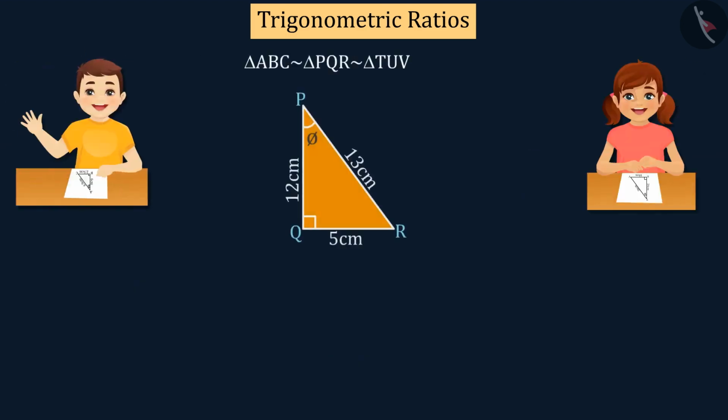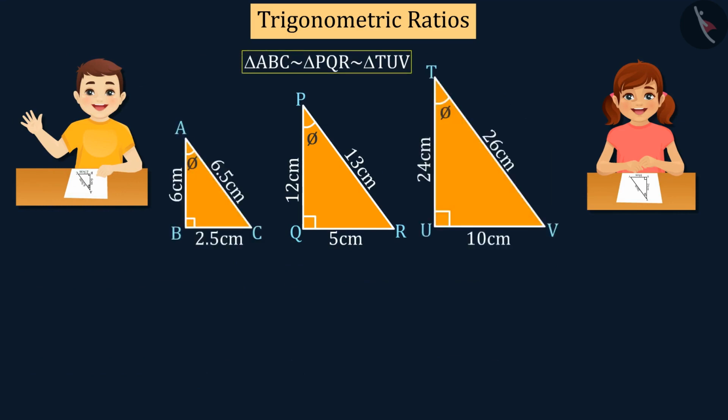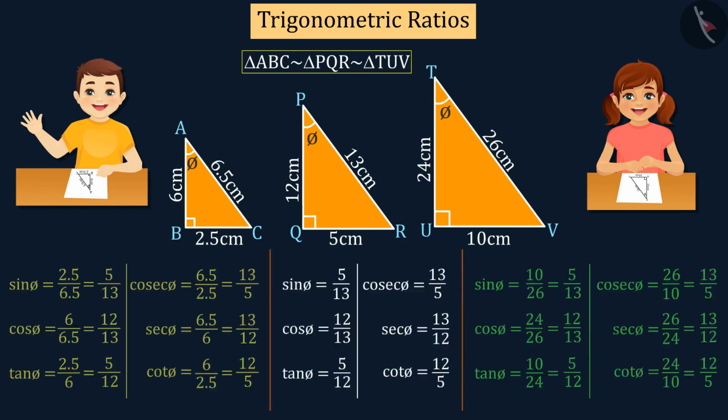Now, Raj and Sonam draw one triangle each, similar to this triangle PQR. In addition, they also write trigonometric ratios for the angle phi in their respective triangles. And find that the value of trigonometric ratios for the angle phi in all three triangles